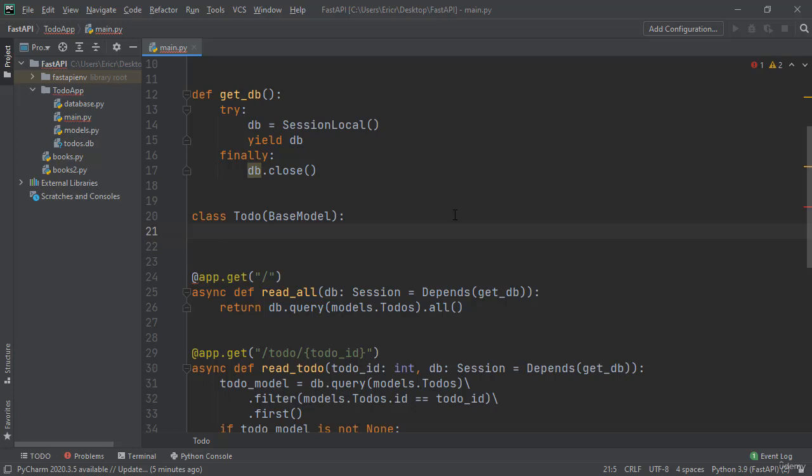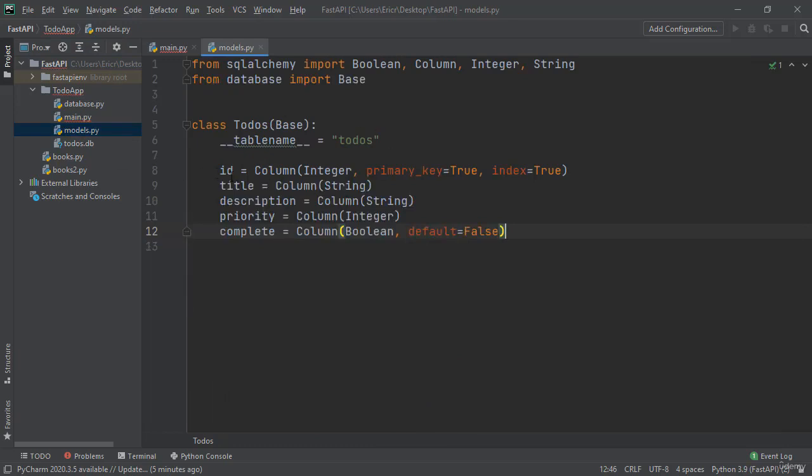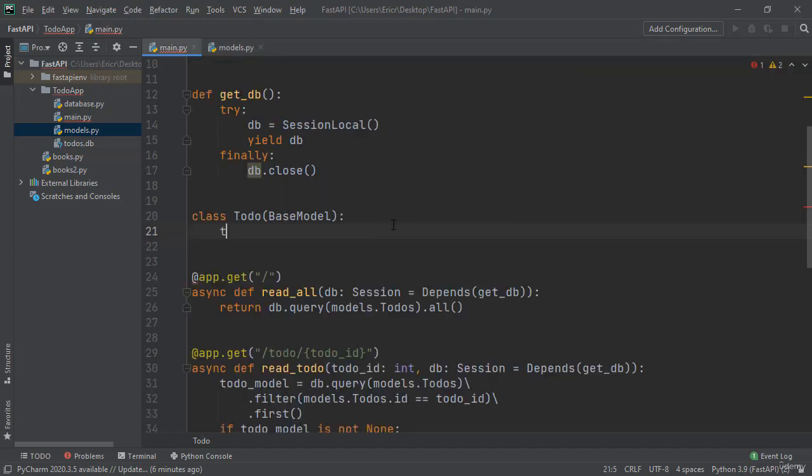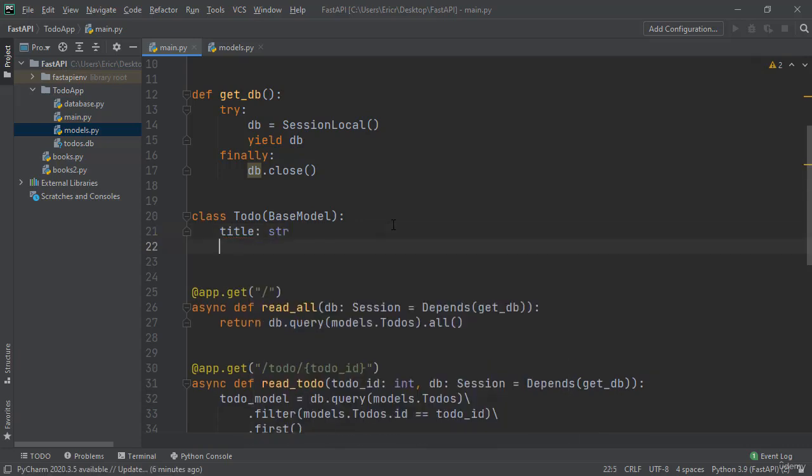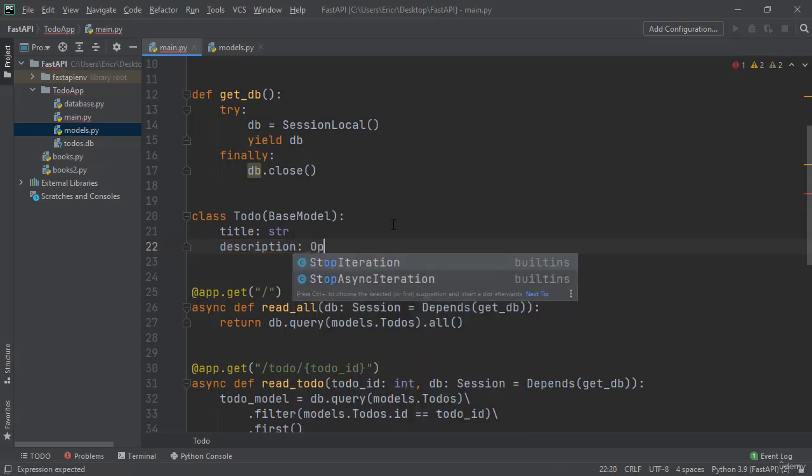And now here we need to create all the variables within the class Todo that we want to receive as a post request. Now within our models.py, we can see our to-dos is going to have an ID, a title, a description, a priority, and a complete. For us to create a successful record, we need at least a title, description, priority, and complete, and then we'll let the ORM handle all of the ID auto increments. So let's go back to main, and let's say we need a title of type string, a description, which we're going to say is optional, and also a string,